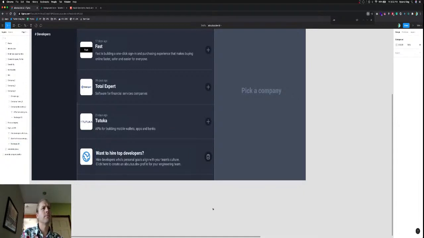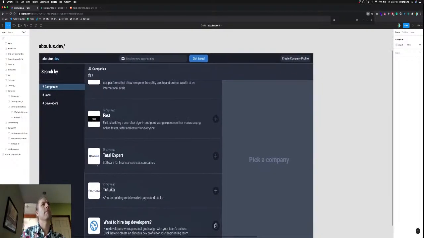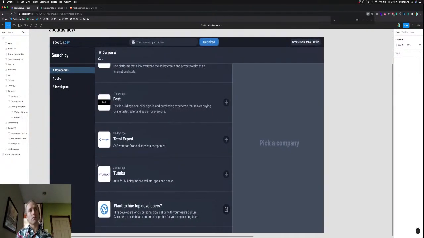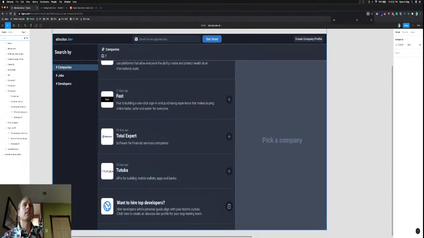All right, cool. Okay, so now we have this logo. I think, is that it? Logo. This Get Hired bugged me. Email me new opportunities bugged me yesterday too. Want to hire top developers, hire developers, blah, blah, blah. Hire developers whose